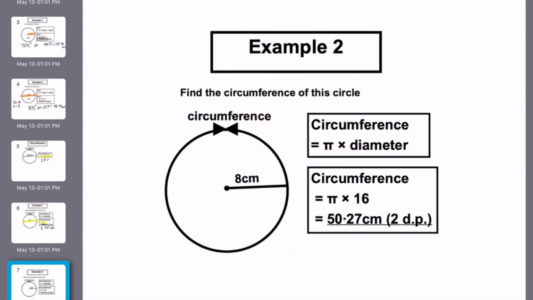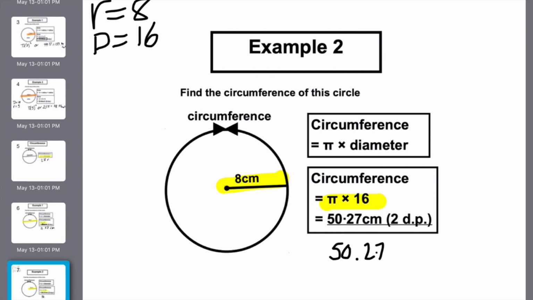In this example, we are given a radius because it goes from the center to the outside. So if my radius is 8, that means my diameter is double that, which is 16. So all I have to do is pi times 16, and I get 50.27 centimeters. And I also could have done this by doing 2 times pi times 8, and I still would have gotten